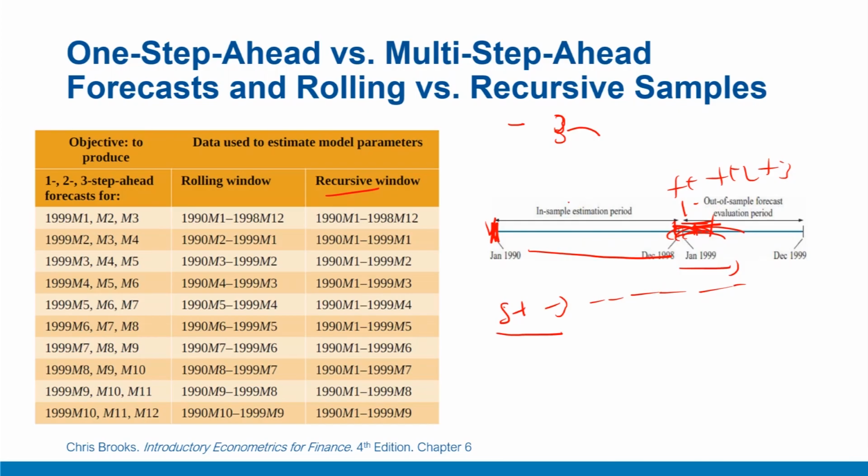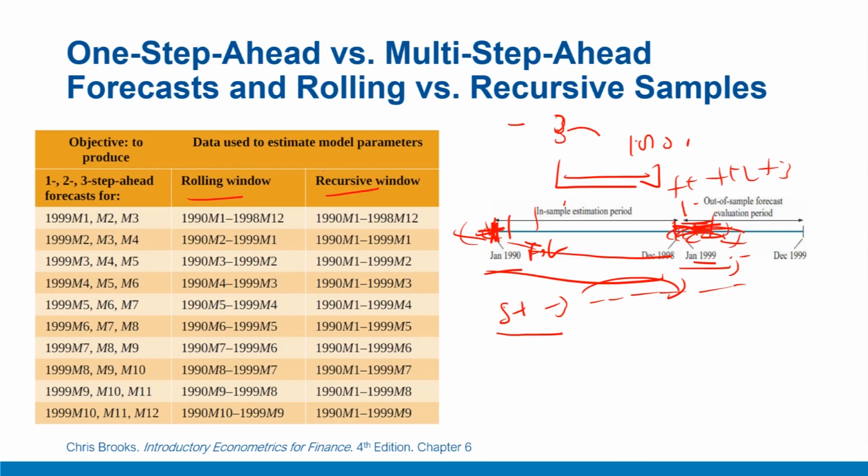The second approach is to have a rolling window approach, where as we keep ahead in future, we add one observation, but at the same time we exclude the last observation. So this January 1990 will be excluded when January 99 will be added. When February 99 is added, February 1990 will be excluded. And as we keep on moving ahead, our sample estimation period will remain fixed. That is approximately 180 months, that remains fixed as we keep on moving ahead. So we exclude one period when we add one period. This is called the rolling window approach.